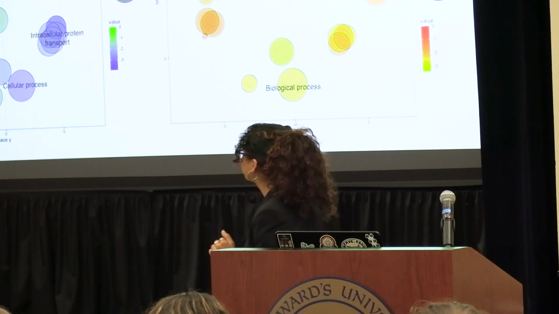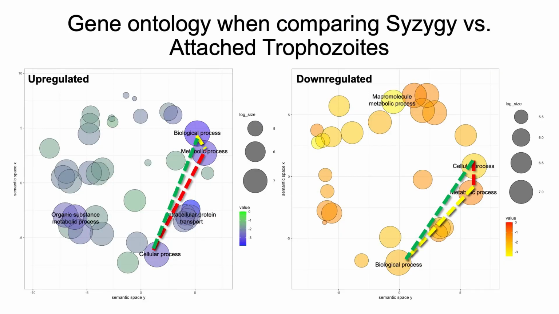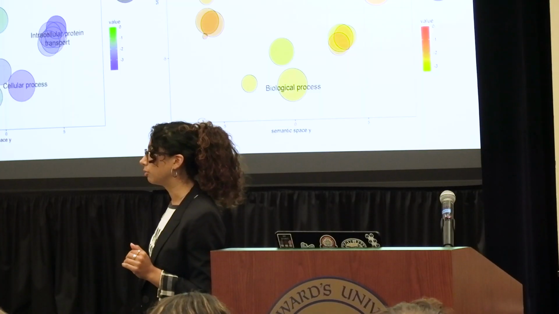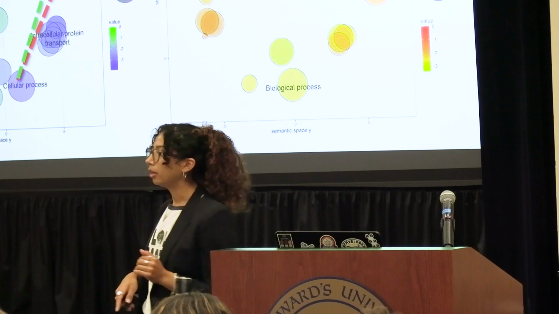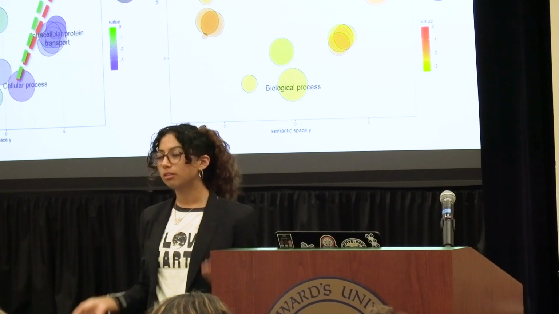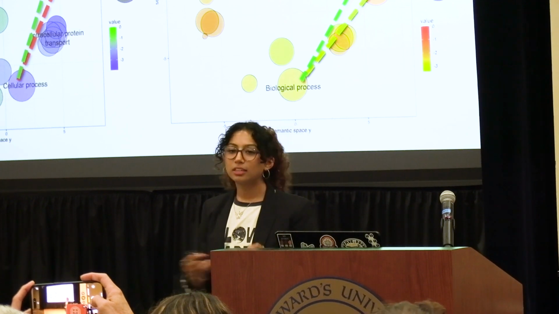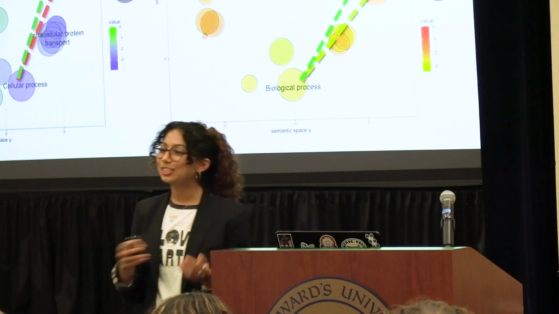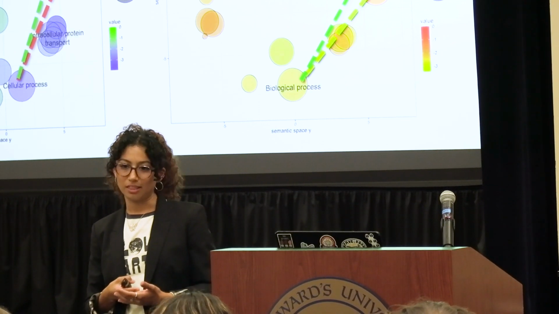And what we found in these figures particularly is that biological process, metabolic process, and cellular process are found in both our up and downregulated groups. But in the upregulated figure, biological process and metabolic process are much more closely related, or close together, compared to our cellular process and our metabolic process proximity in our downregulated figure. This just highlights that our gene ontology groups are generalized groups that contain numerous genes within them.